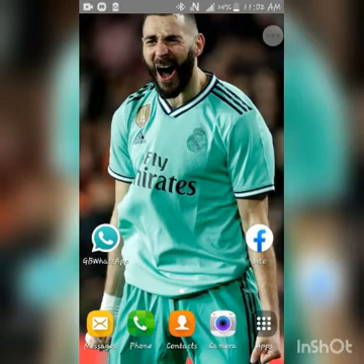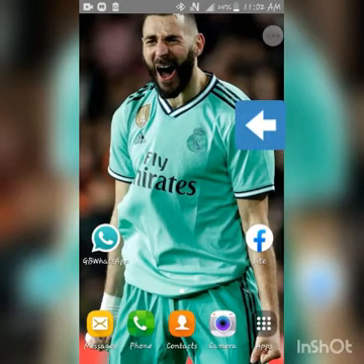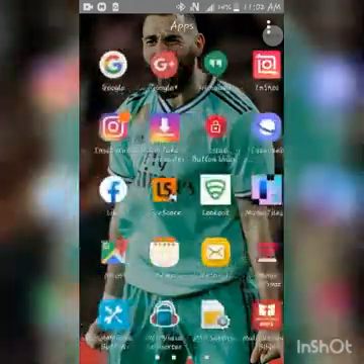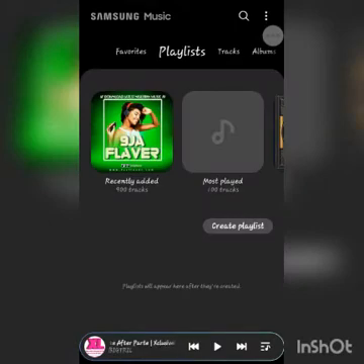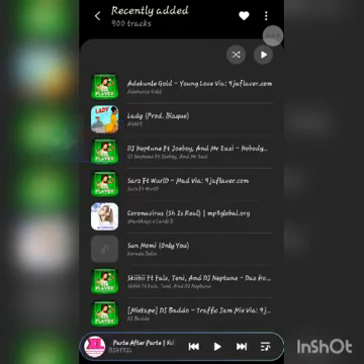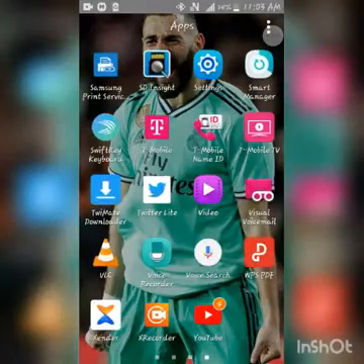Today on this video I'm going to show you how to change the layout direction of your phone to start from the right to the left. Normally it starts from the left to the right, as you can see, everything is starting from the left to the right. So I'm going to show you how to change everything on your phone to start from the right to the left. So you go to your settings,